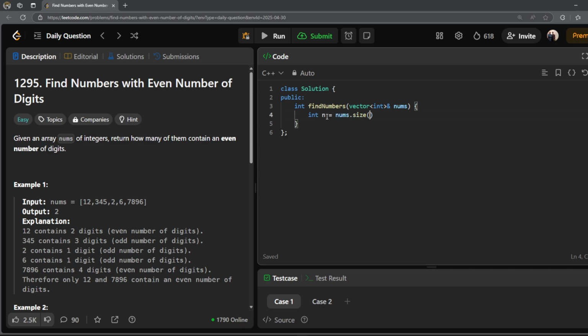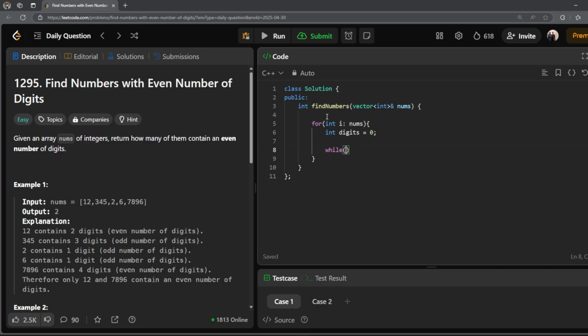We don't need to really think about what we need to do. We just need to implement what the question says. So what I'm going to do is iterate over each and every number, for int i in nums, and I'm going to see how many digits it consists of. So I'm going to say something like this: int digits is equal to 0, and then I'm going